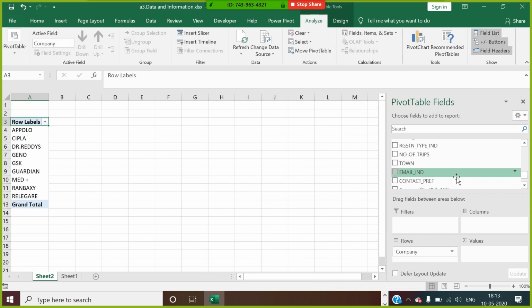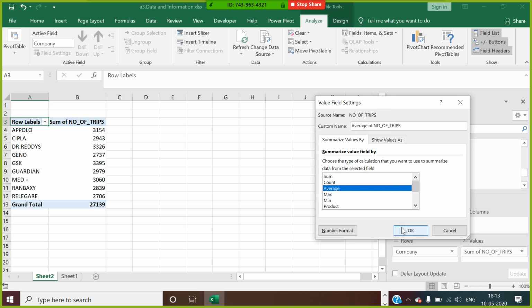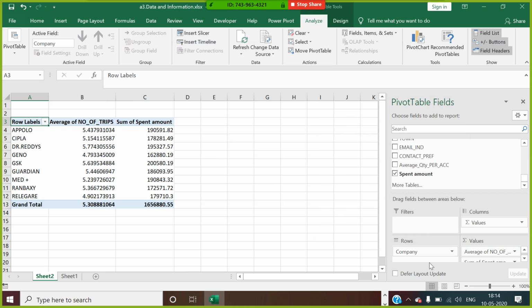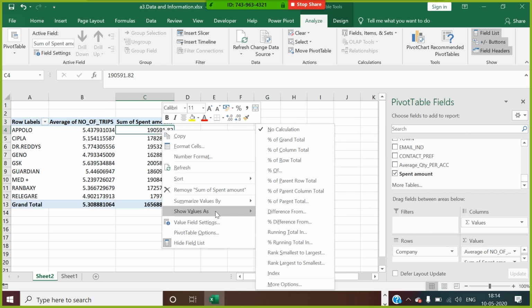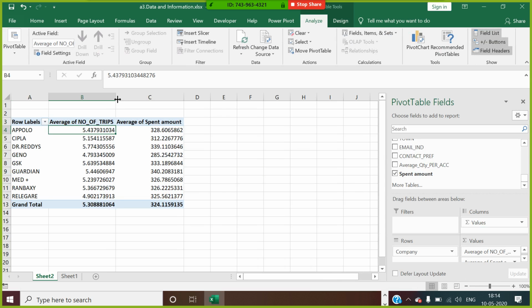I take the average spent, and in summarize values, average spent and average per visit. So this is the data I have.